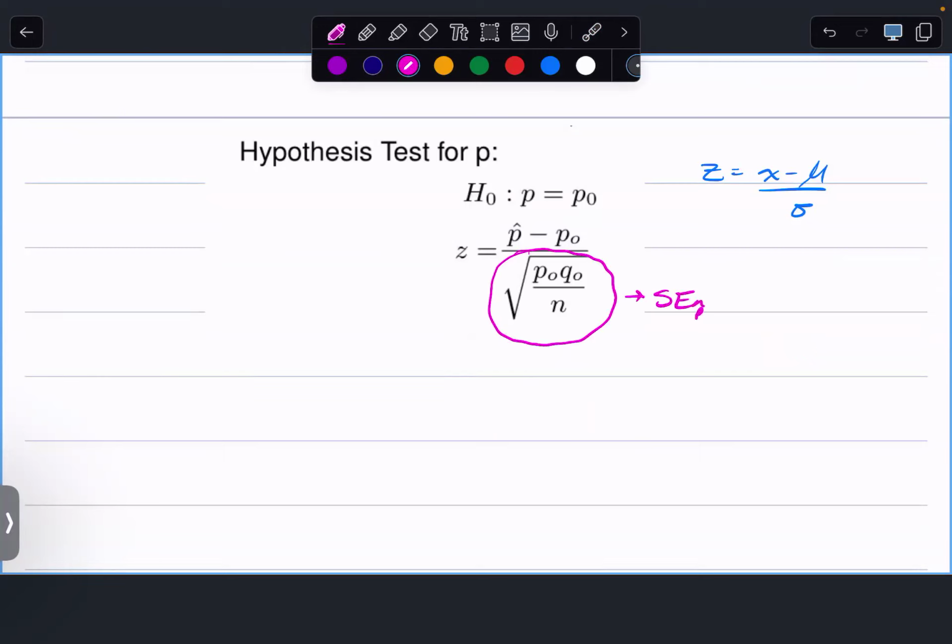Standard error of P hat has changed just slightly. P naught Q naught over N, right? Just changed by those. Whereas in the confidence interval, we use the P hat Q hat. I use this to remind myself which ones to use in my conditions that I have to check, right? It's whatever ones I used in my conditions. Right? So here, same as conditions